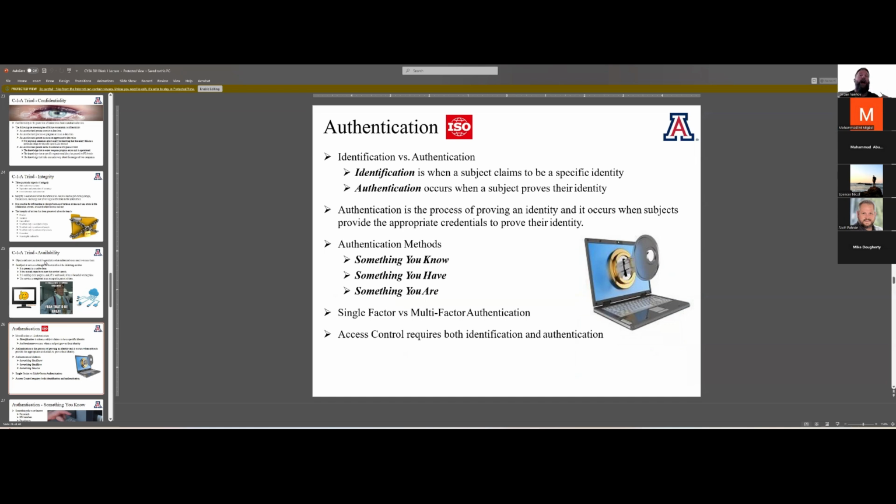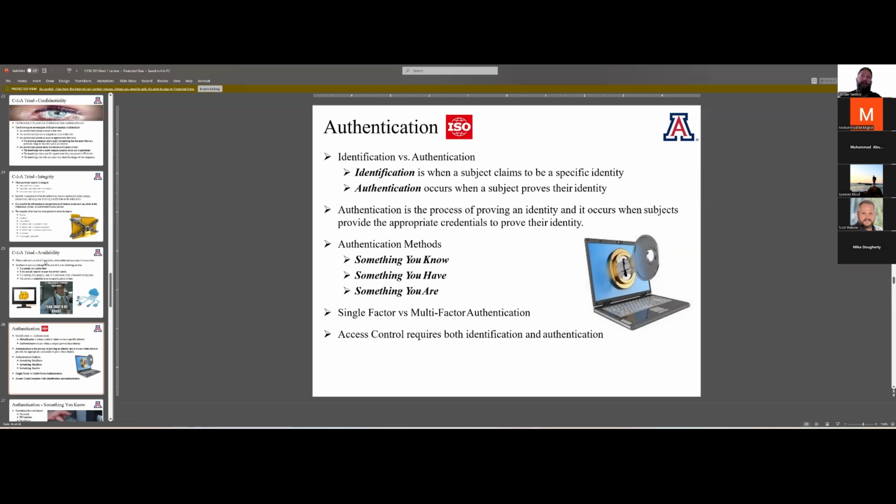I have a password that only I should know, and I'm proving my identity. And then authorization: you may be able to log into a computer, and if you're working, this example makes really good sense, you may have access to your computer, but you may not have admin privileges. You may not be able to access certain files and folders, right?